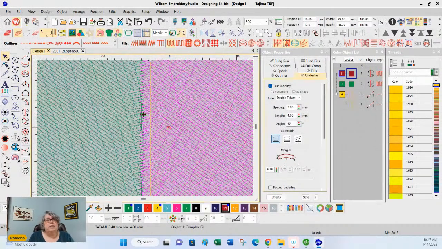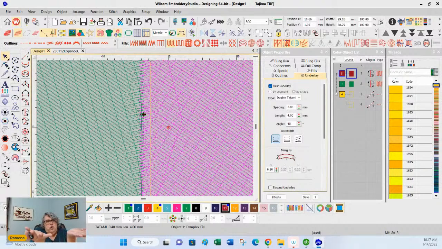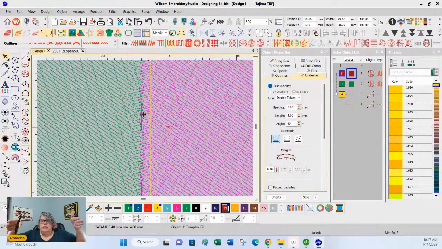The other thing a double tatami will do is it will actually lift your thread up off the fabric. It's like a suspension bridge. You start over here and you suspend over the top of the fabric and end here with your next stitch penetration.